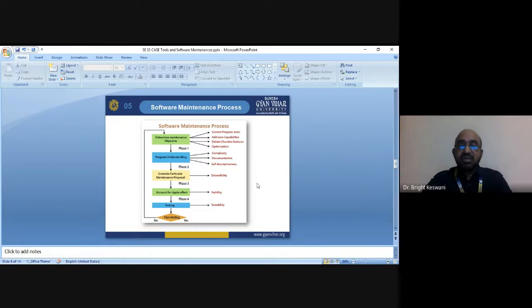You can see in this figure the complete software maintenance process. Software maintenance process is related to the software life cycle.